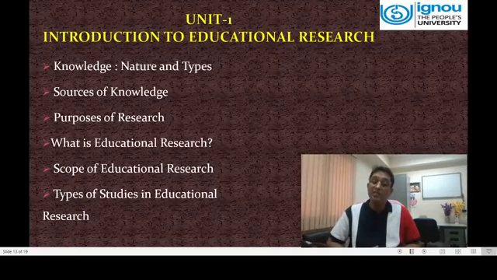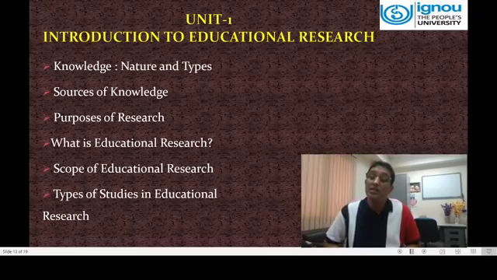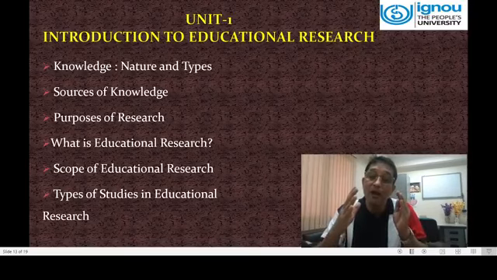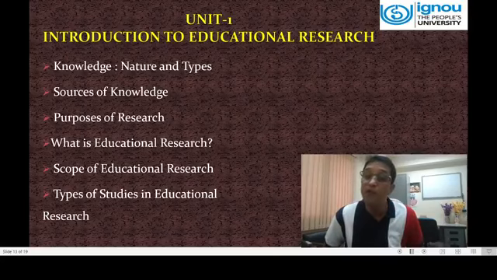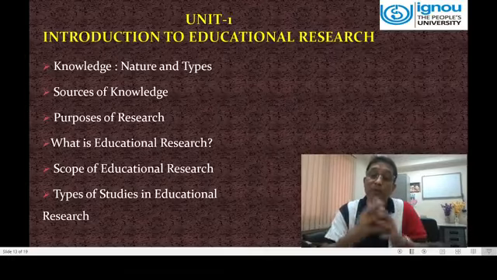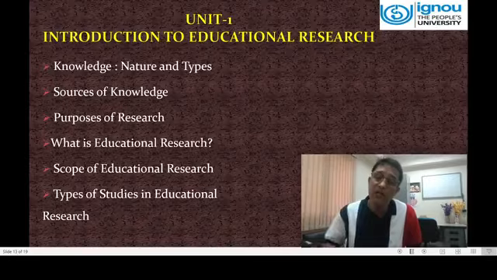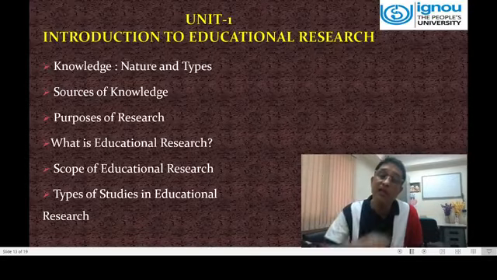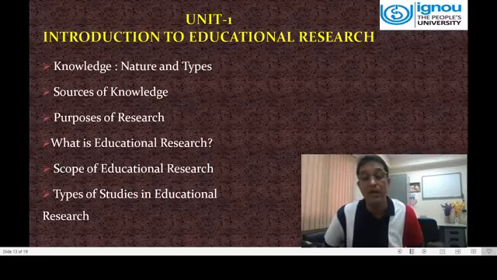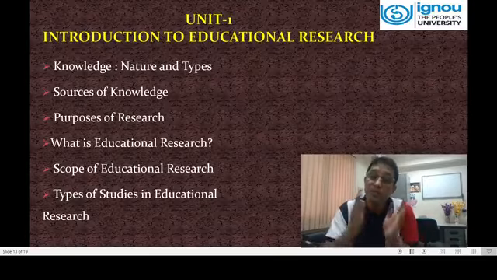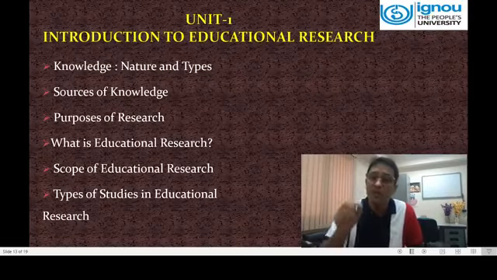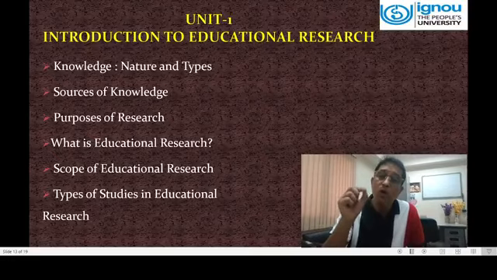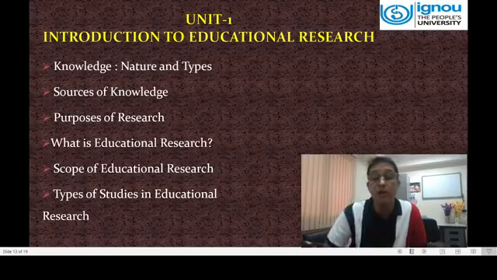You can say physics, you can say mathematics. So mostly the studies are experimental, a type of experimental research. That is a type of positivist study. So here you will get quantitative data, and you have to analyze the quantitative data. And in education, while doing a positivist approach study, at the same time you have to do the qualitative study also, which is called the non-positivist or humanistic approach study.